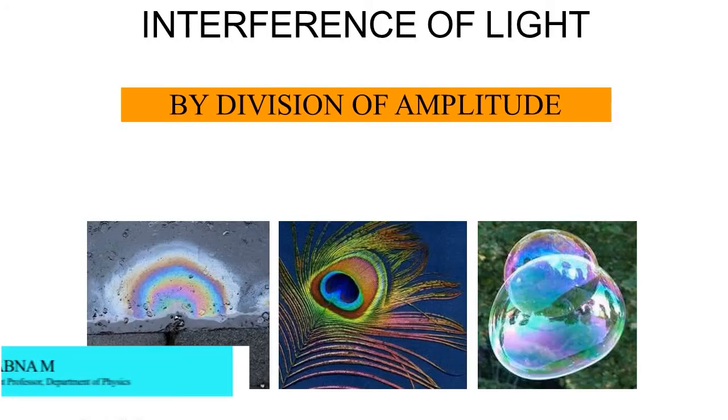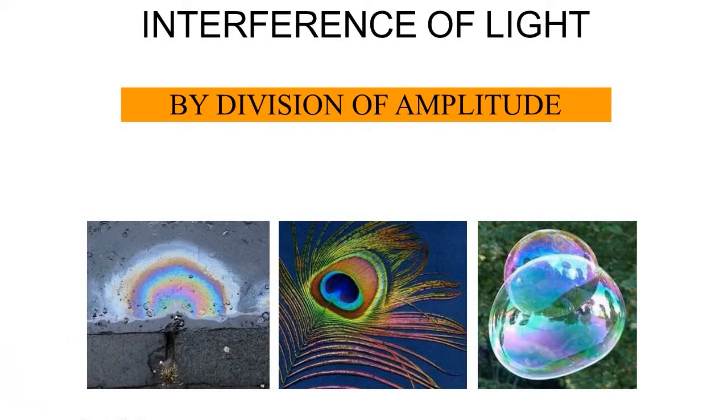So welcome back again. We have been studying interference of light in the last class, and we have studied two subdivisions of interference, that is, interference of light by division of amplitude and division of wavefront. In the last chapter, we discussed interference of light by division of wavefront, and we discussed the Fresnel biprism and the Fresnel double mirror arrangement as examples of this specific heading. In this chapter, we are going to discuss interference of light by division of amplitude.